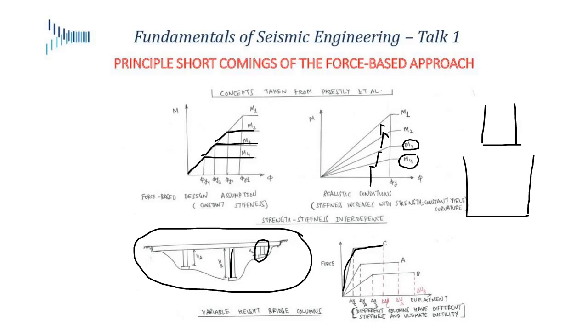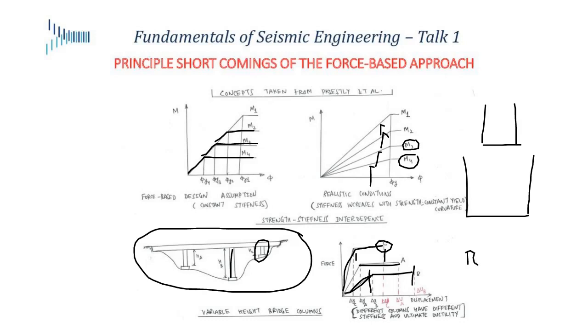It has the least amount of ductility because it fails here, has this much ductility. The mid-height column is less strong, but it has more ductility. And the tallest column, or the longest column, is the weakest, but it's also the most flexible and has the most ductility. So now that we understand the definition of ductility, it's this displacement divided by that displacement, and the R